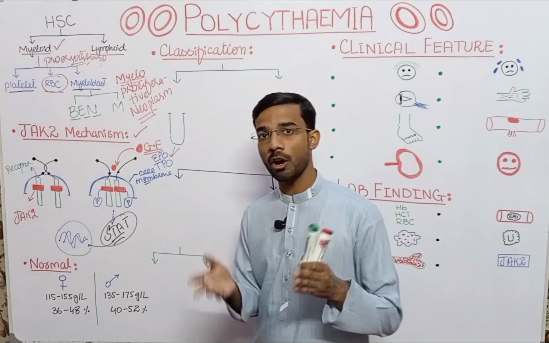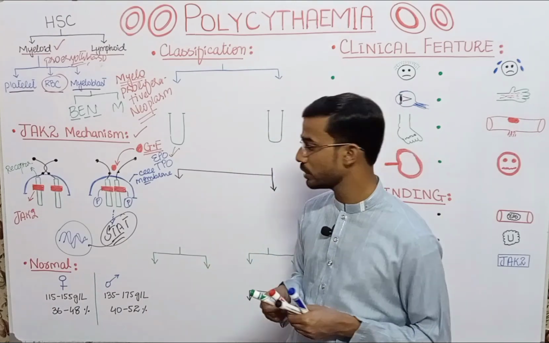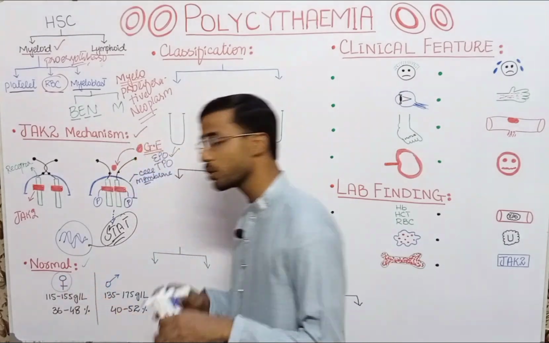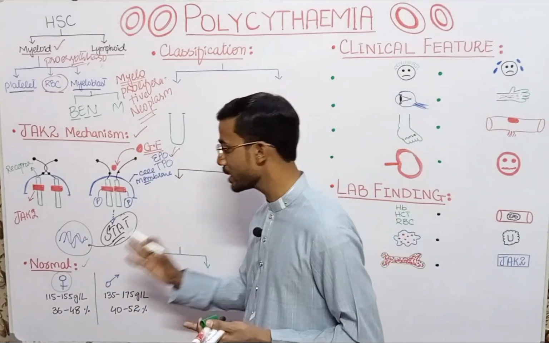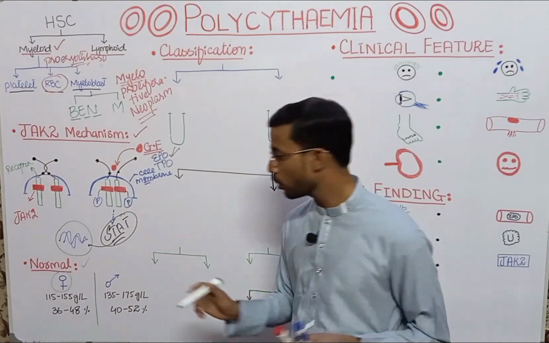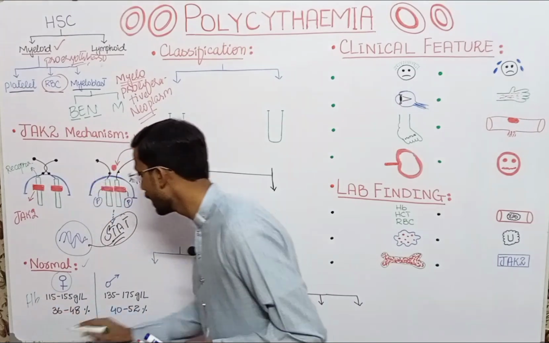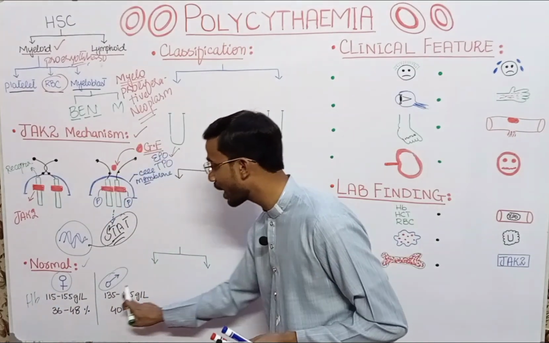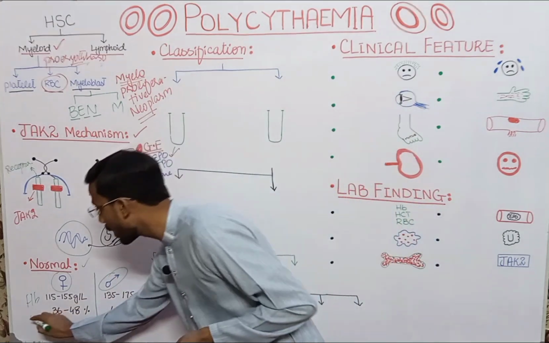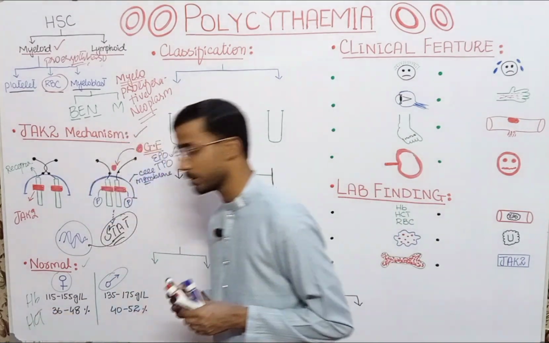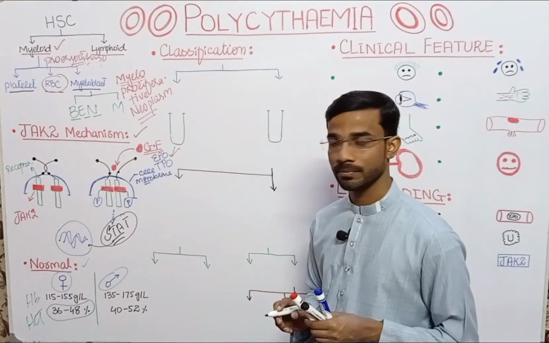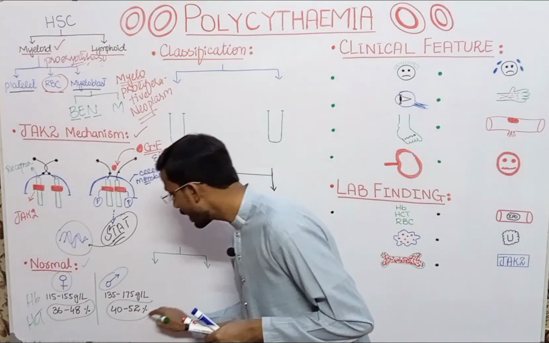If we discuss the normal and abnormal values, in the female the normal hemoglobin concentration range is 115 to 155 gram per liter. In the male, you will see 135 to 175 gram per liter. If we talk about the hematocrit, HCT, the normal value in the female is 36 to 48, and in the male 40 to